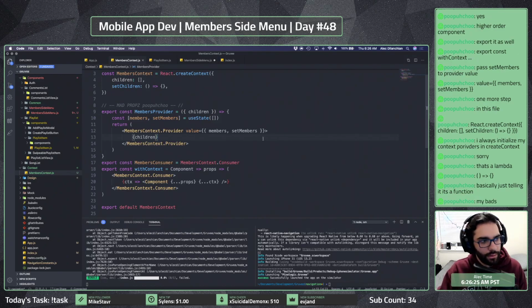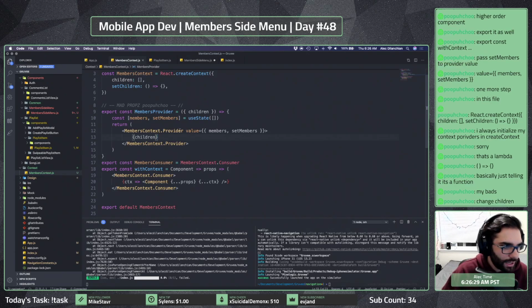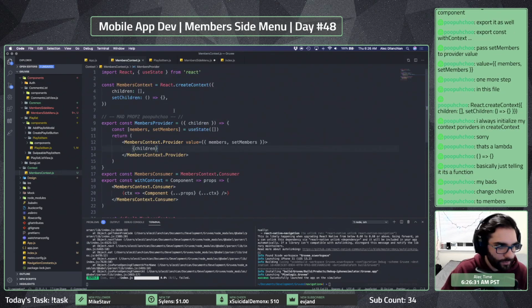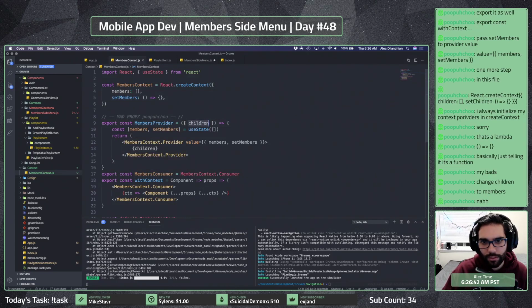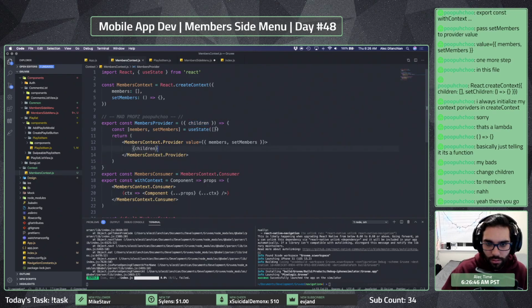And then set children. Yeah, change children to like members, right? So members and then set members. That's what we want here. I don't need this anymore, right? Or I do.